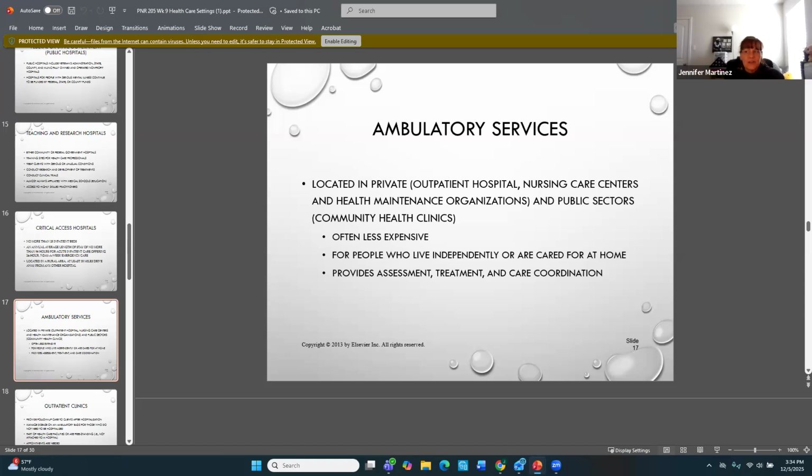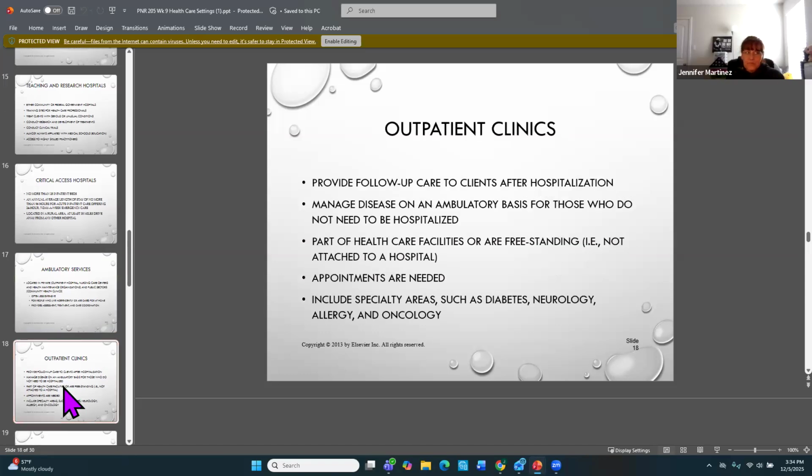So some of your ambulatory services could be going to an outpatient clinic. Outpatient clinics could be your provider group. It's also going to include your urgent care centers. Even some of your nursing care centers would all fall under your ambulatory settings. So your outpatient clinics,